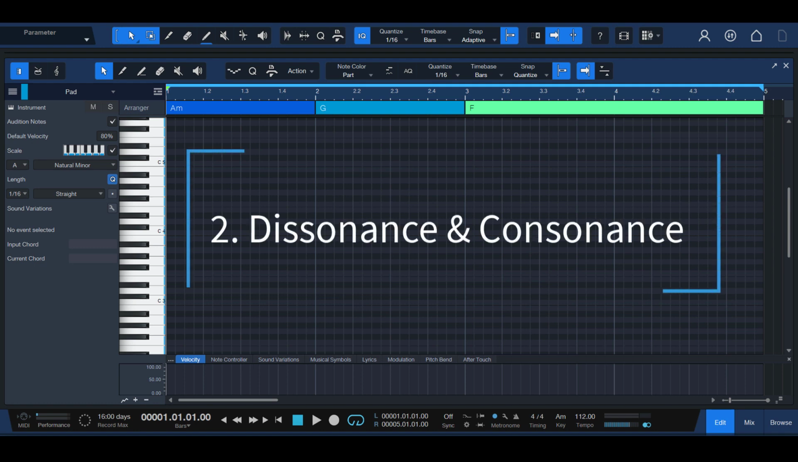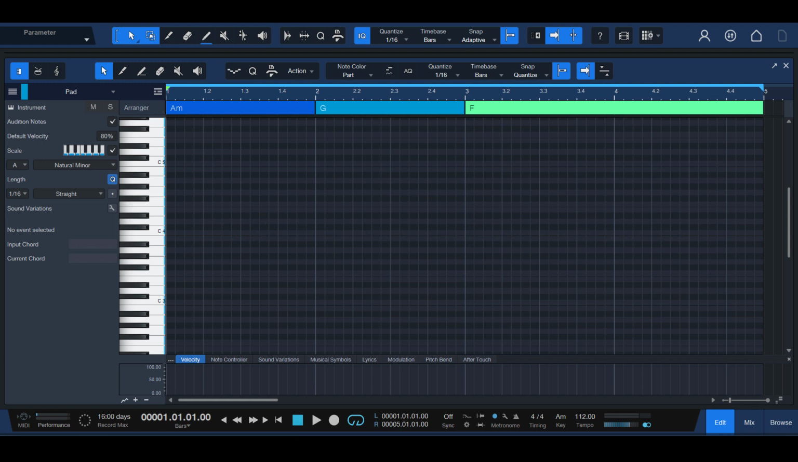Number two, each individual note of our fixed chord shape will sound dissonant against a certain bass note and consonant against another. This ever-changing internal tension and resolution is what makes this technique so fascinating and useful to creating interesting